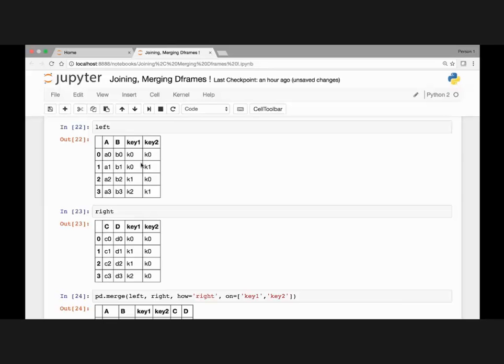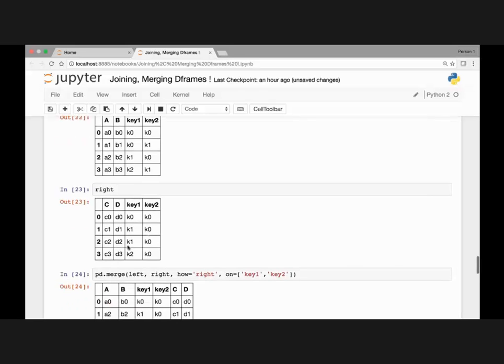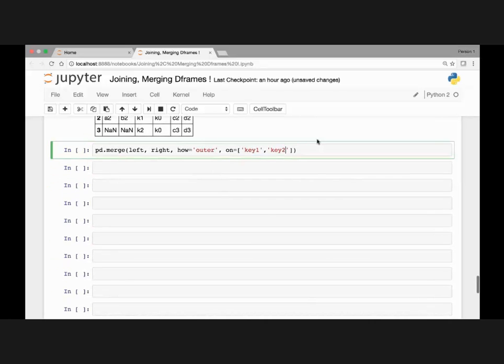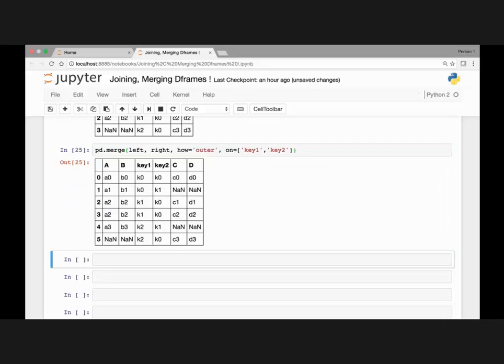So we'll have K0 and K0. We'll have K0 and K1. We'll have K1 and K0, 2 rows for that, right? K1 and K0. And we'll have K2 and K1. And what else is there? And we'll have K2 and K0. So those are all the possible key 1 and key 2 combinations. Okay, let's run this. All right, we have those as expected. K0 and K0, K0 and K1,